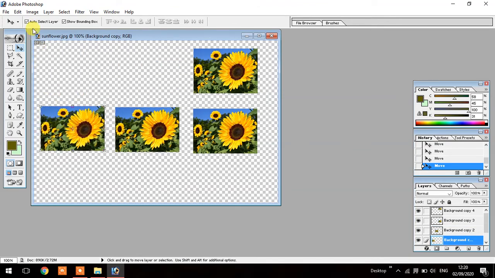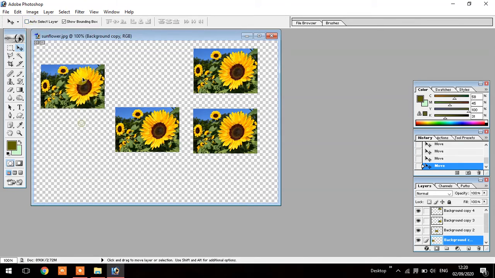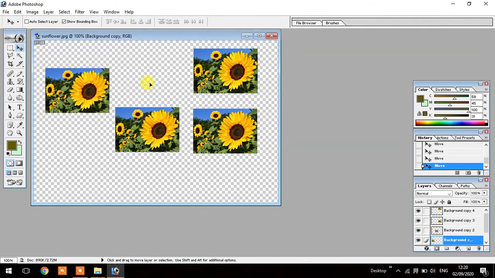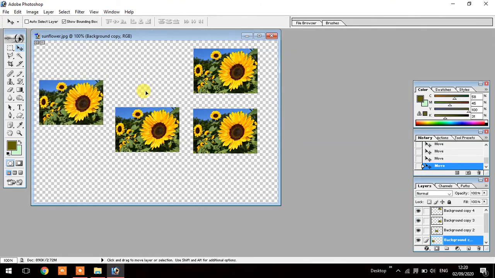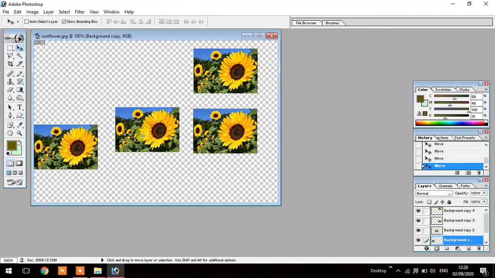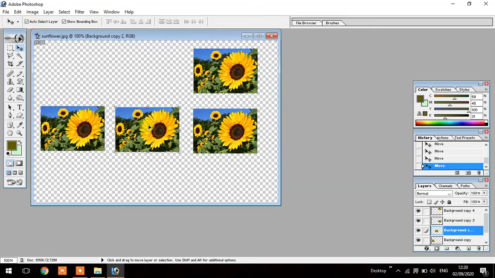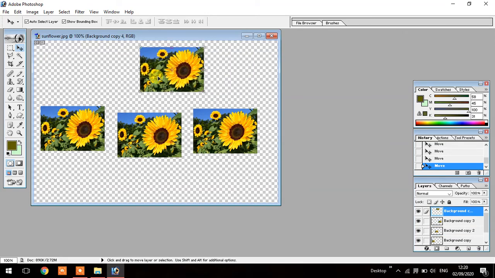But if the auto select checkbox is unchecked, then when you press this image and try to drag it up or down, you are not allowed to move it, because only this layer is selected. So auto select layer is very important. Then you can click any image and move it directly.